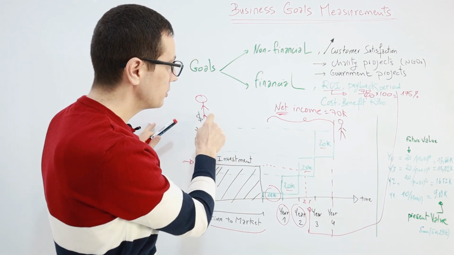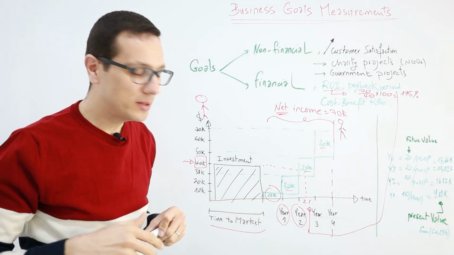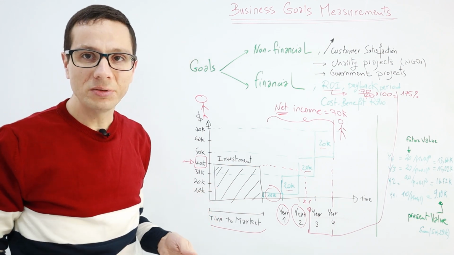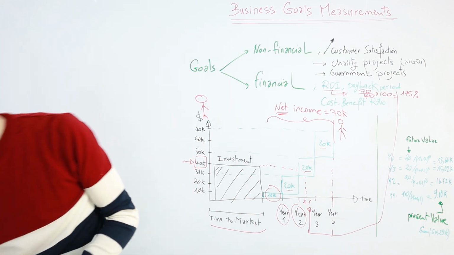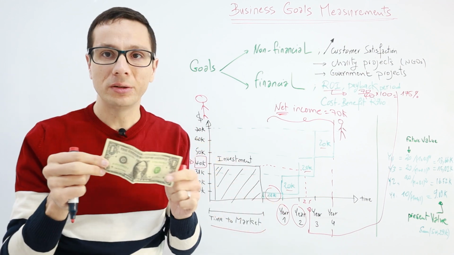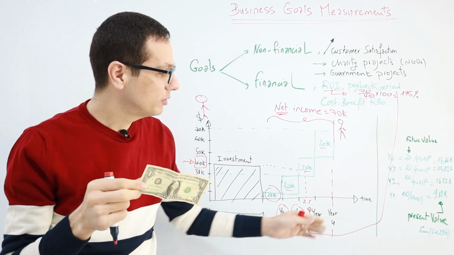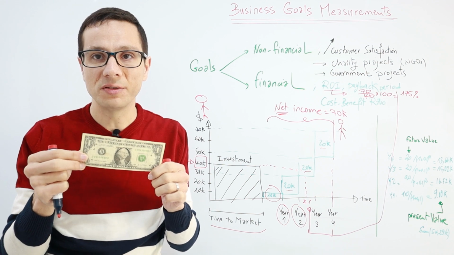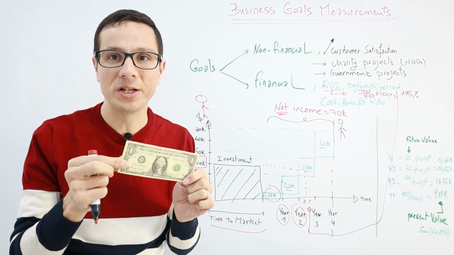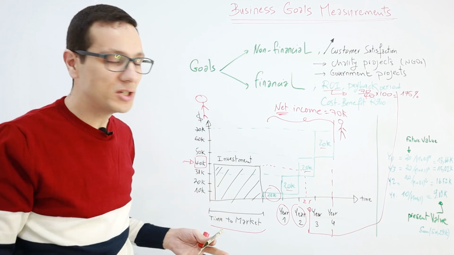Because if you are going to look in the future, these numbers could be not correct. Why is it not correct in this case? Because usually there is an inflation rate, because this $1 after 1 year is not $1. It will be 90 cents because of the inflation. After 4 years, maybe it's 75 or 80 cents. So the value of this $1 changes. And that's why we should take into consideration the inflation rate.